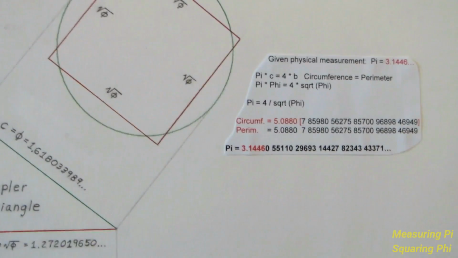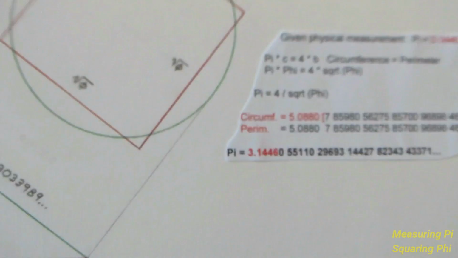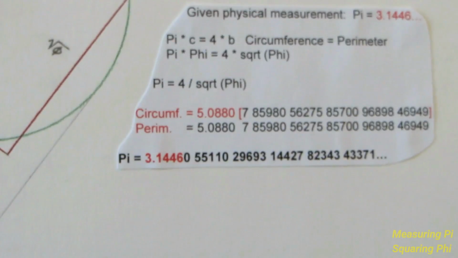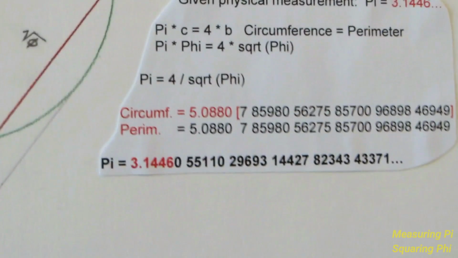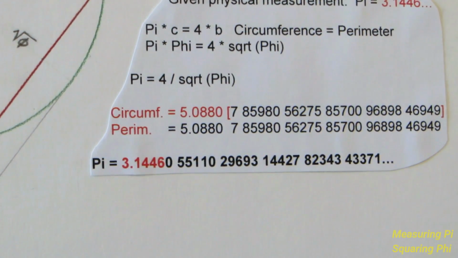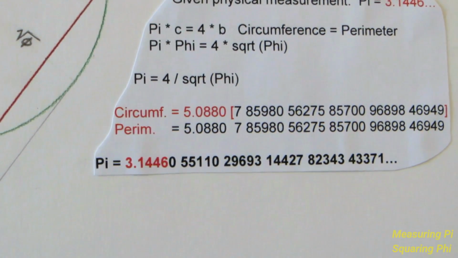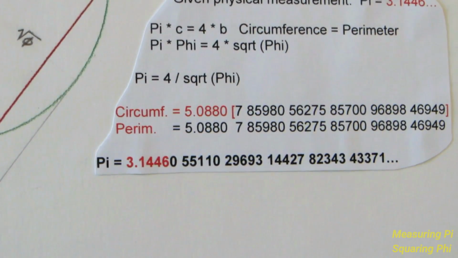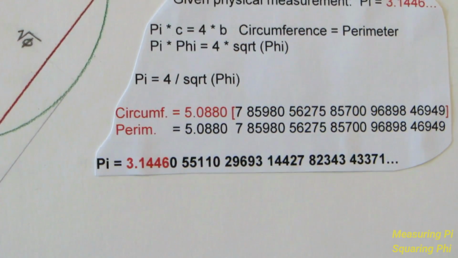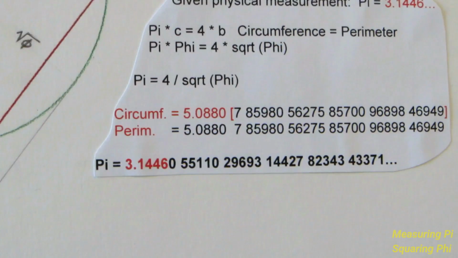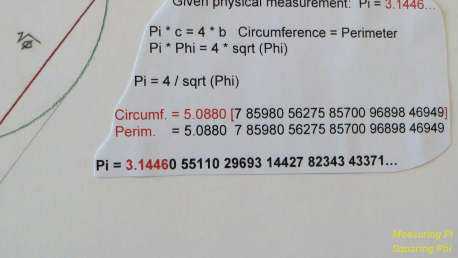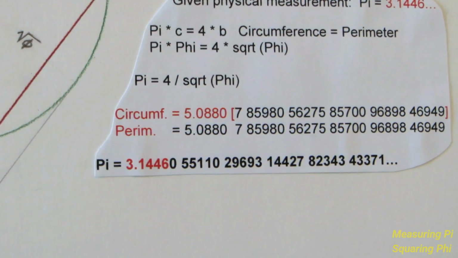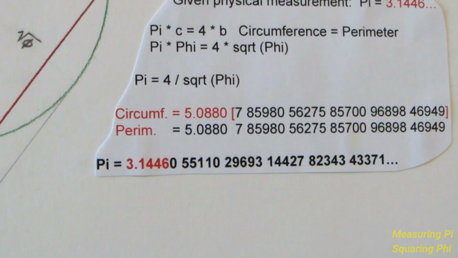And let's take a quick look at that. We already know pi out to 4 decimal places. As you can see in this equation here, pi times c equals 4 times b, circumference equals perimeter, or pi times phi equals 4 times the square root of phi. Reducing that equation, pi equals 4 divided by the square root of phi. Using only 4 decimal places, since that's all we know right now for pi, we see that the circumference is